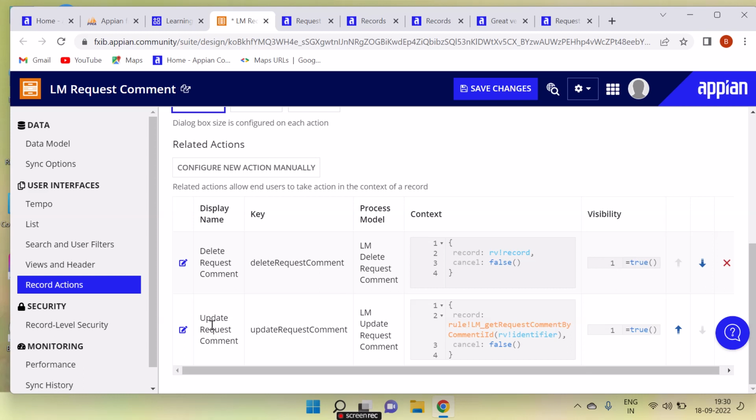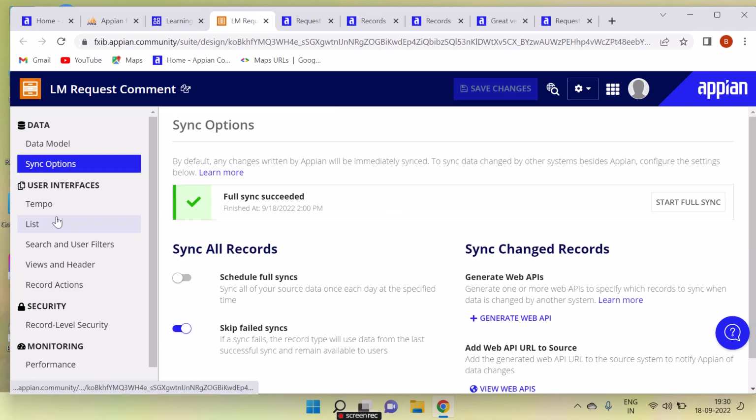and then again I'll be going to tempo. So in this tempo let me sync it, because my system is slow, so I have to start sync. It will be automatically synced, but I'll be syncing just because my system is too slow. And then again I'm coming to tempo, and in this tempo I'll be clicking on this link,